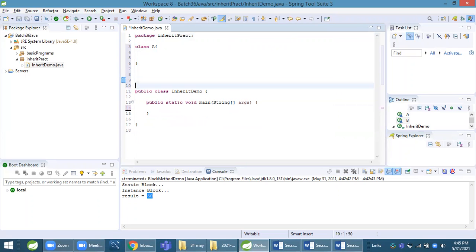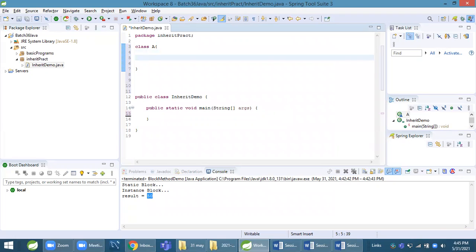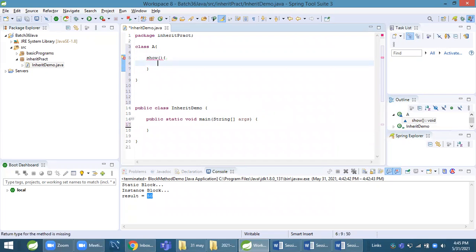Say this is our second class, and this class has one method called show. The show method is executed.